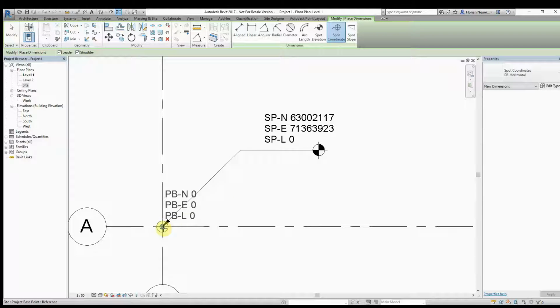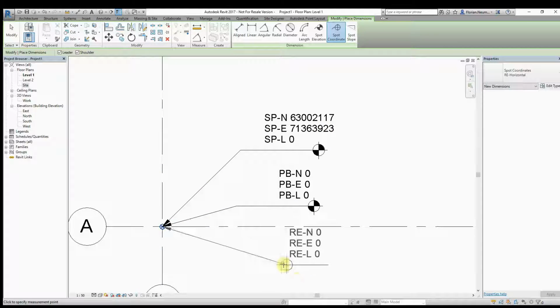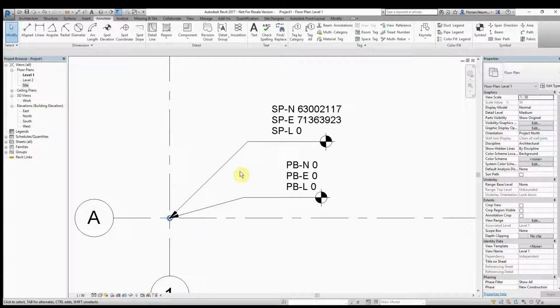Project base points, you see why this is so cool. So you see still 0, 0, and where's the relative one, come on, be nice to me, obviously also 0, 0, because we didn't unclip it, or we didn't have any model corrections or any site corrections where we had to move something. Could be when, for instance, grid lines move. Because tidying up a grid line which moved is easier, and keeping it always in grid line A1, then obviously we move it a little bit away. So when I double click now,